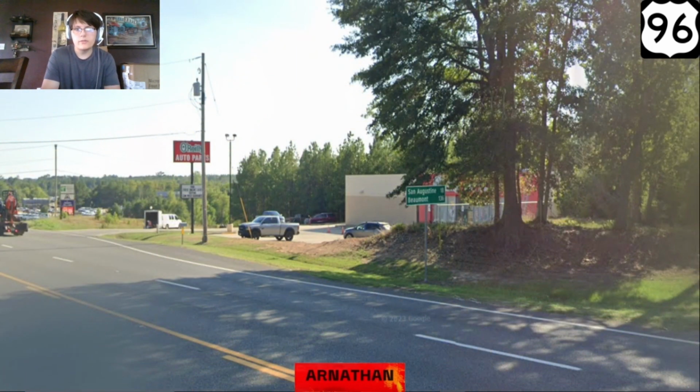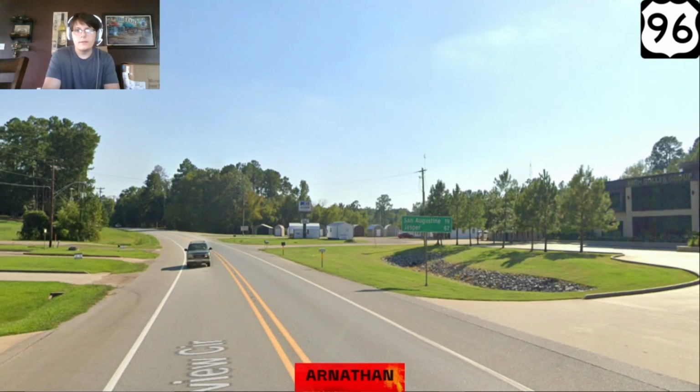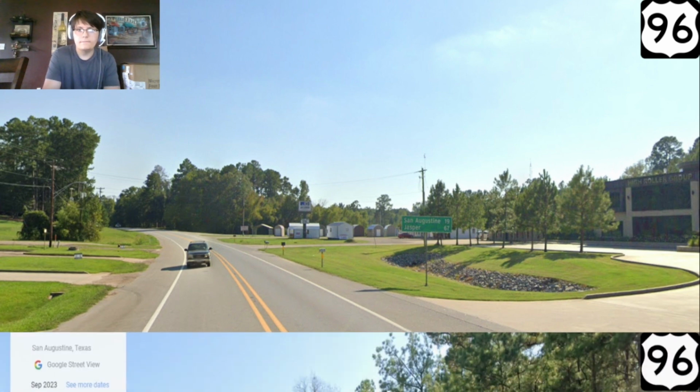to see Beaumont more. On this other sign here in Center, we have St. Augustine and Beaumont sign, so we get Beaumont on this sign too. And then now we get St. Augustine and Jasper as we're leaving Center, which, again, okay if you're not signing Beaumont, but would rather see it. I'm okay with these at, like,